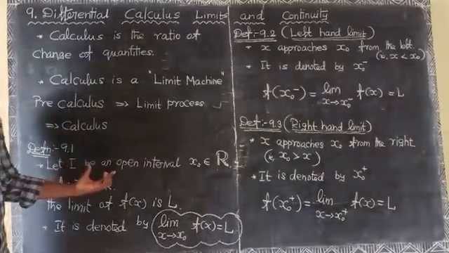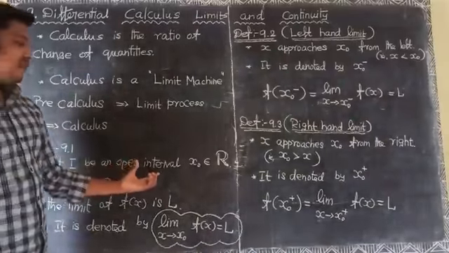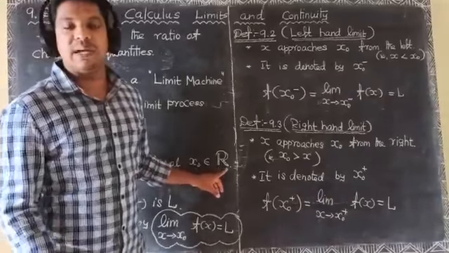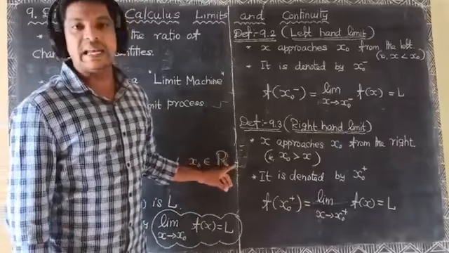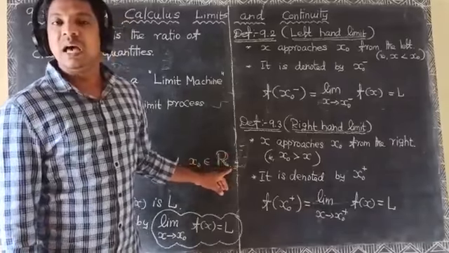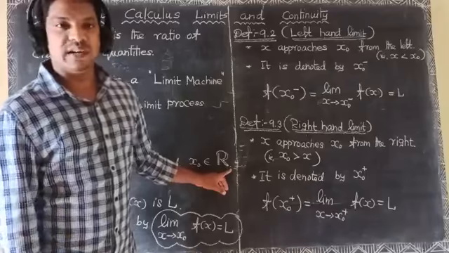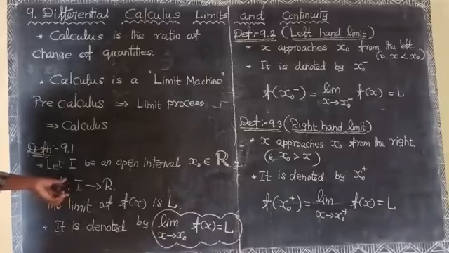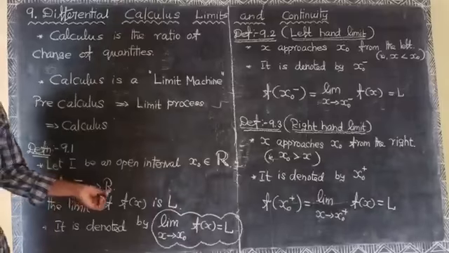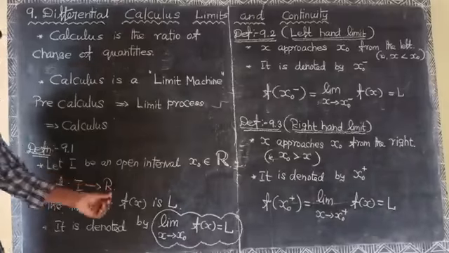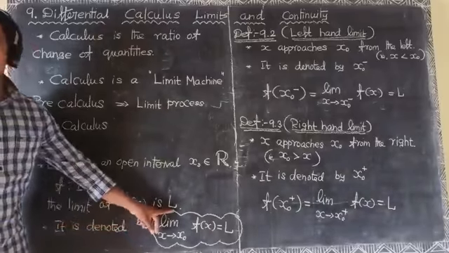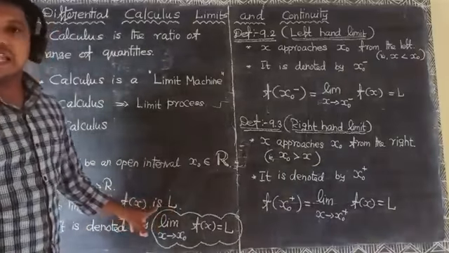Let I be an open interval, for all x naught belonging to capital R. Capital R means real numbers, minus infinity to plus infinity. Let f of x be a function from the interval I to capital R. The limit of the function f of x is L, that is, f of x exists and is L,